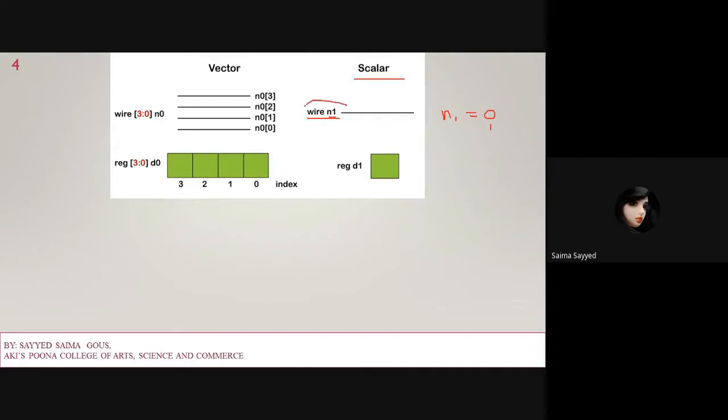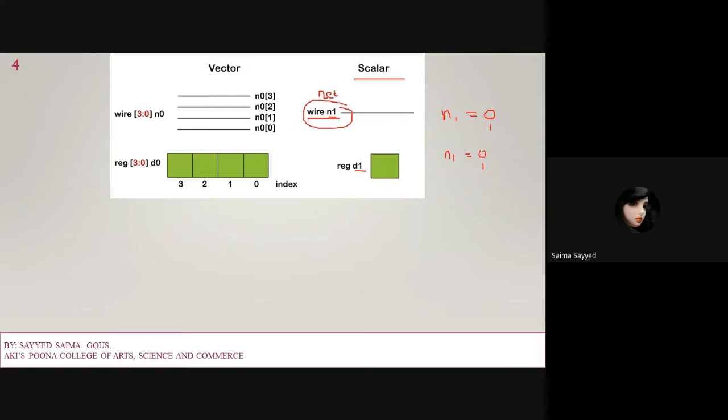Similarly, wire is a net data type. Now the register, reg. Registers are used to store the data. Suppose this is called D1, but we will take N1 only. So reg N1 can be either 0 or 1. So it is a scalar only.